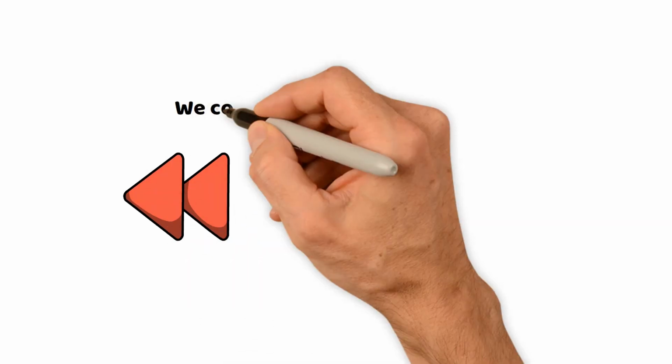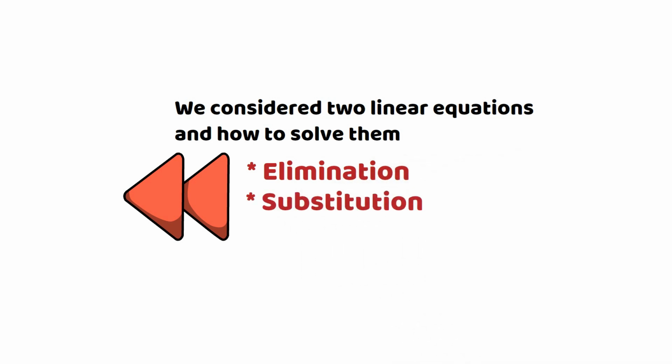Previously, we considered two linear equations and how to solve them. We saw three methods. The elimination method, where we added the equations together to eliminate one of the variables. The substitution method, where we solved for one of the variables in terms of the other and substituted it. And finally, we saw the graphical method, in which we graphed the two lines and looked for the point of